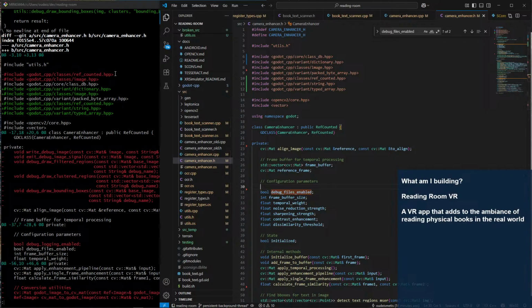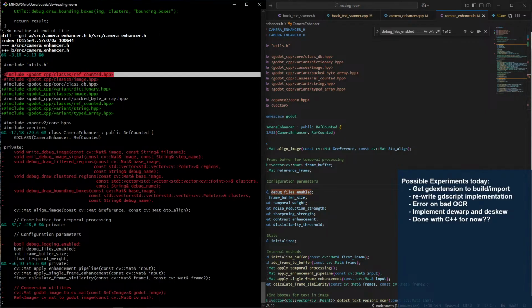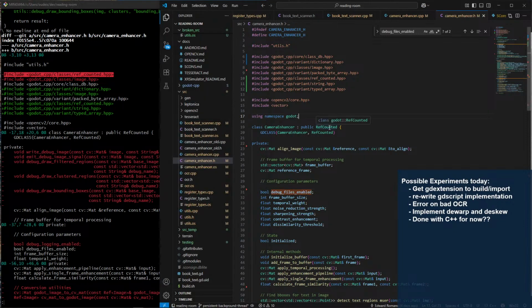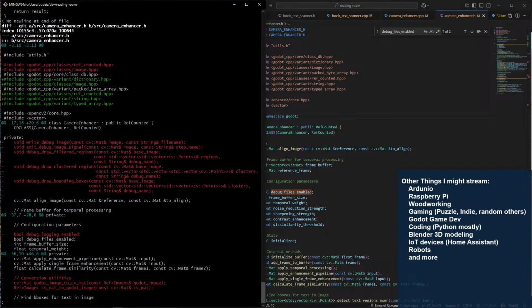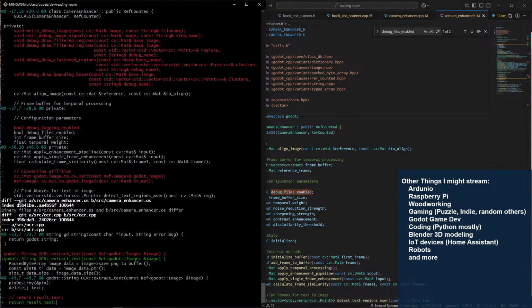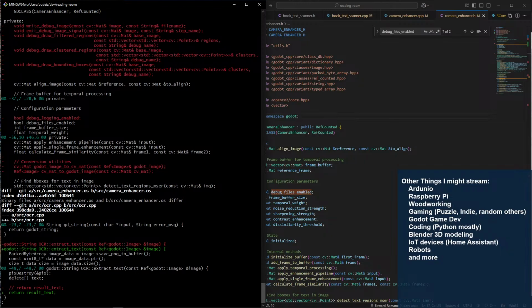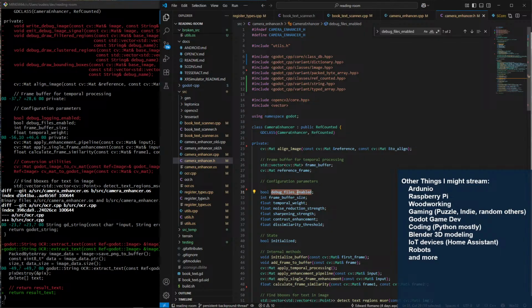Why did we get rid of ref counted? What kind of ref counted is this? Oh. We moved it. And then image got moved. Okay, fine. Deleted some things. Oh yeah, debug file enabled.